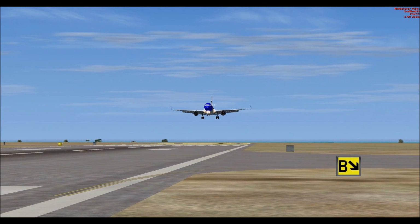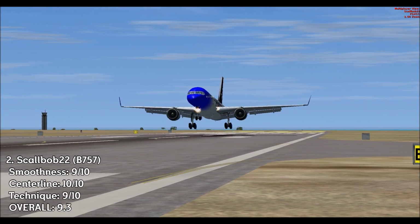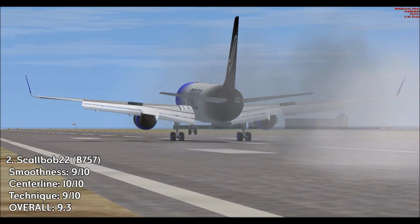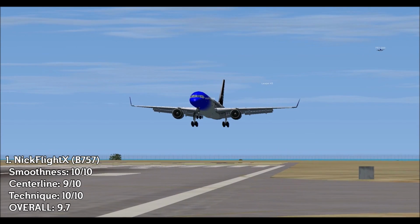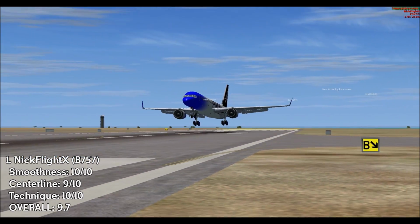At number 2, we have Scalp Up 22, also in the 757. Once again, 10 out of 10 on the center line for this landing. Gets 9s for smoothness and technique, so adds up overall to a 9.3 out of 10 at the number 2 spot. And the winner of this competition, making an appearance once again, Nick Flight X in the 757 will score